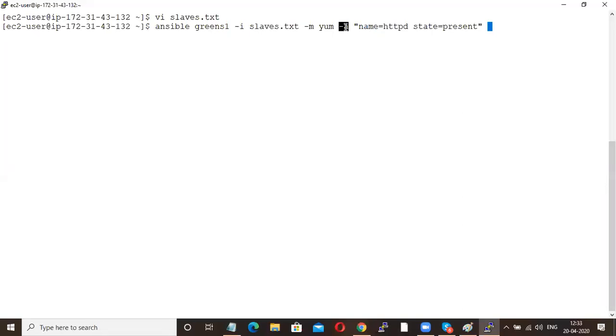Present means install, absent means uninstall, started means start, stopped means stop, restarted means restart. I'm just running this command.